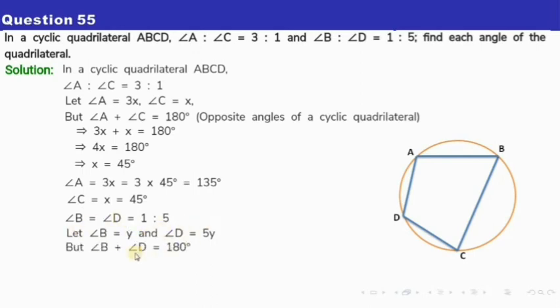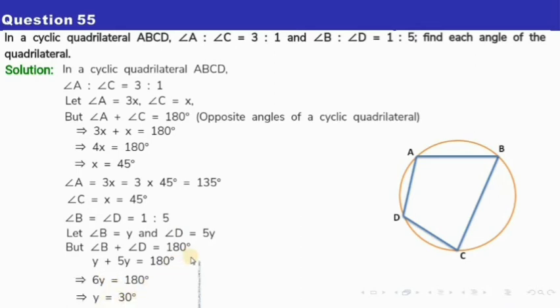So from here we have angle B plus angle D will be equal to 180 because they are again opposite to each other. Alright, please make sure that you write it is 2 here. Okay, so this is not equals to, this is 2. Now what is B? B is y, and what is D? D is 5y. So if I do that, then we will get the value of y to be 30.